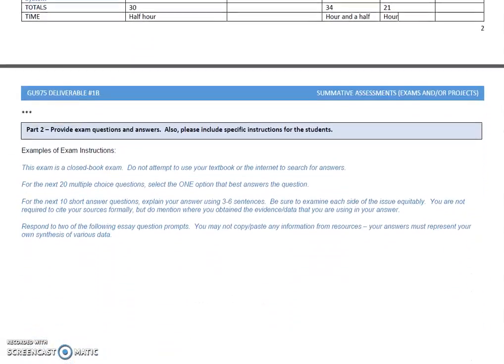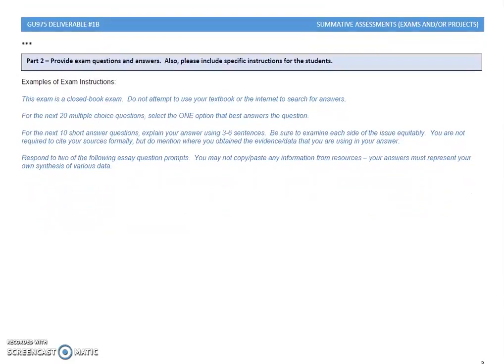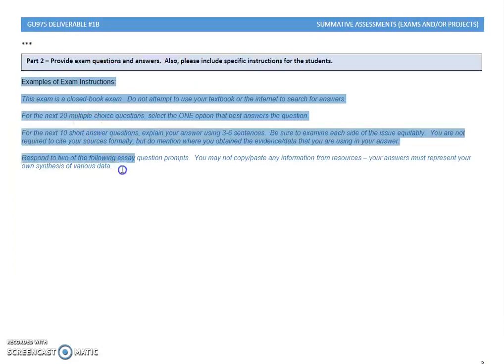So once I've finished tweaking that, I actually need to provide the questions and the answers, and I need to provide specific instructions for the students. So I'm going to start with the examples of some instructions. Take a look at these examples and notice that the ideal way to set up your test would be to group the types of questions together so that you would have a set of instructions that say for the next 20 multiple choice questions, select the one option that best answers the questions. And then you would group